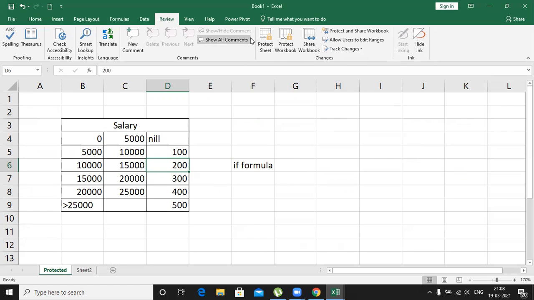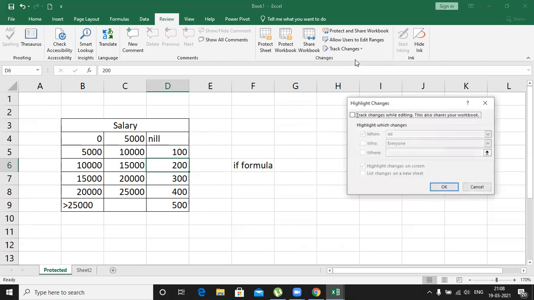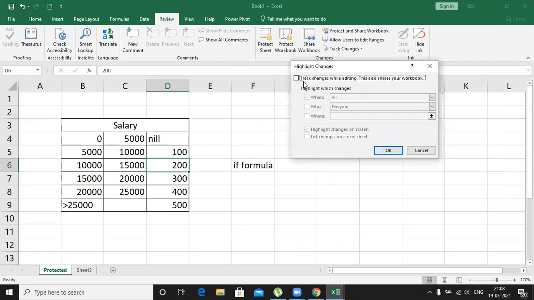To track the changes, we have an option called review, track changes, and highlight changes. I have to enable track changes while editing, which also shares your workbook. Highlight which changes?